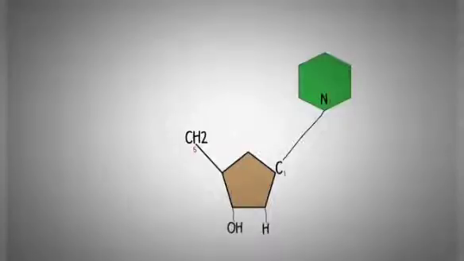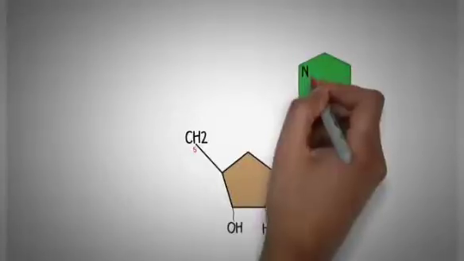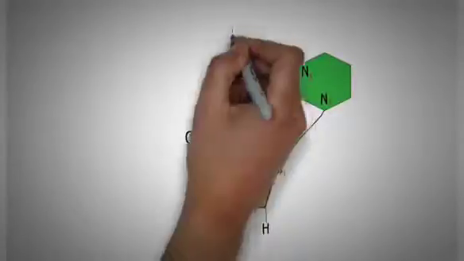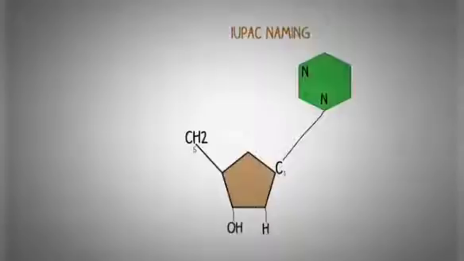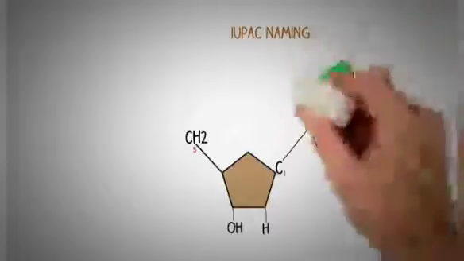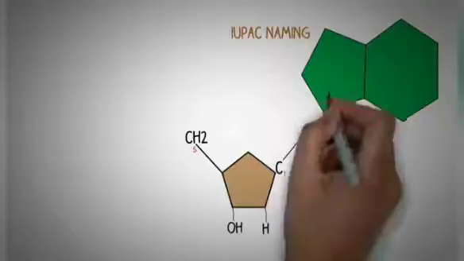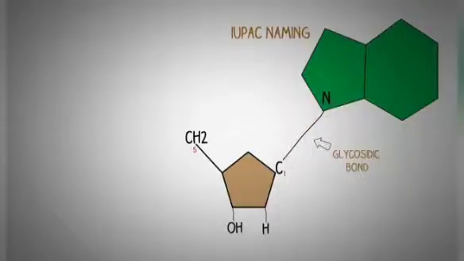If you want to go into the details about how these nitrogens are named, you can check the link in the description below for the IUPAC nomenclature of the aromatic compounds. Now this bond will be an example of a glycosidic bond, which is a covalent bond which links carbohydrates with other structures. Now if we have to pair a purine ring at a similar position, the bond formed will be between the N9 of the purine ring.